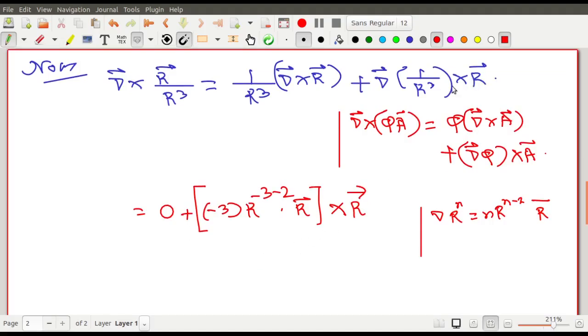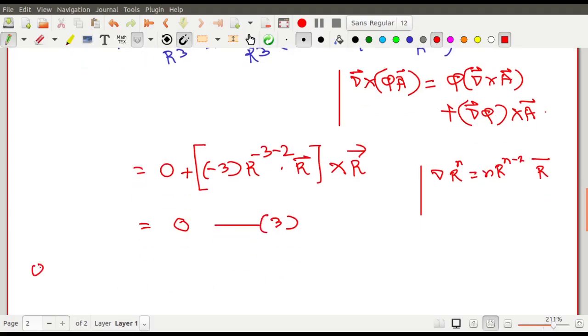And then there is a cross of R. And this one will give you 0 because R cross R is always 0. Forget about this, whatever it is, R vector cross R vector is always 0. So that is why this comes out to be 0, right? So this is, suppose, equation 3. So by using 2 and 3 in 1,